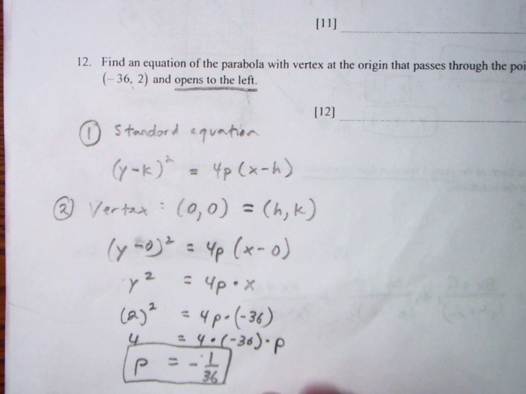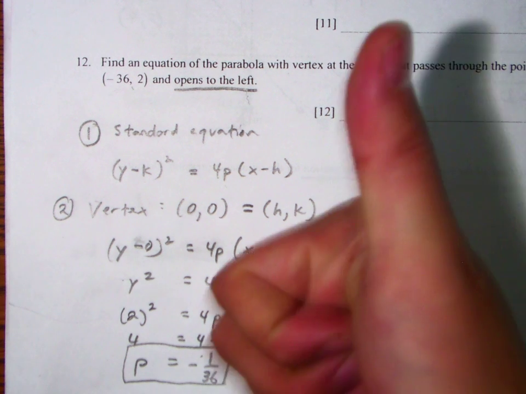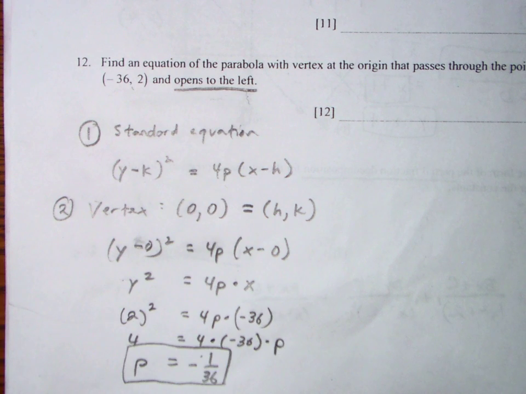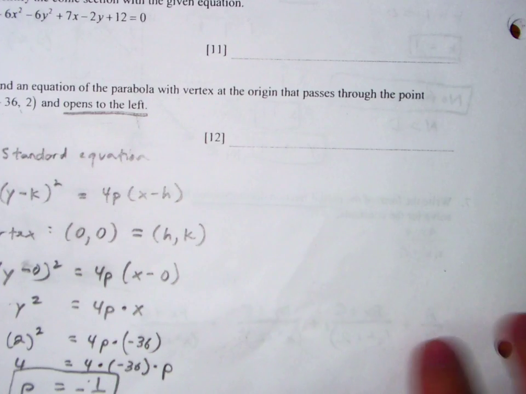Hey, look at that. That's good. p is negative. That's what we wanted. That means we know it's opening to the left. Our final equation here is